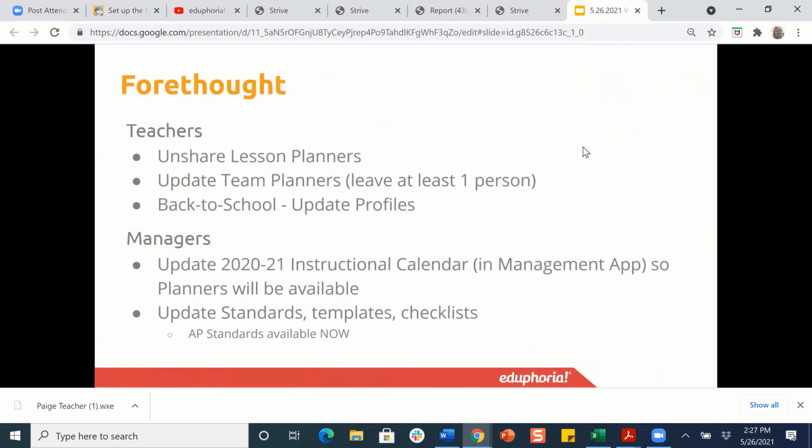There's not a lot that needs to be done in Forethought, but the teachers do need to unshare their lesson planners. So if they have shared their planner with someone else, maybe they're mentoring another teacher, or they shared with someone who has case management kids in their classroom, they need to unshare that lesson planner before they leave at the end of the year. They can always reshare it at the beginning of next year if they need to, but